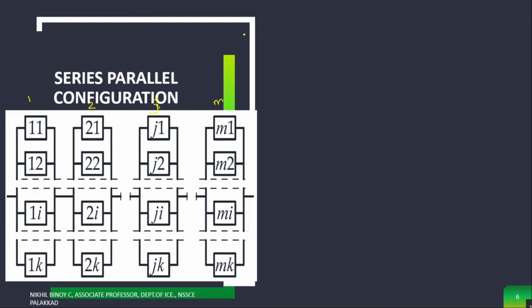Okay, so here we can consider the first block, that is block 1. That is this particular one. This is block 1. So we have to find the survival of each block. Similarly, we have to find the probability of failure of each block. Okay, so take the first block. You can see that the first block is the parallel configuration of k elements. So this one is a parallel configuration. So the better thing is to first find the probability of failure.